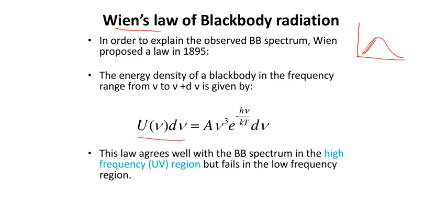Remember one thing. This symbol u nu d nu is written in different ways in different books: either in this fashion, or as u, a function of nu, and d nu. Nu is the frequency. Or sometimes people won't write the d nu at all; they just write u nu only. Doesn't matter. What is meant by u nu d nu? u nu d nu is the energy density